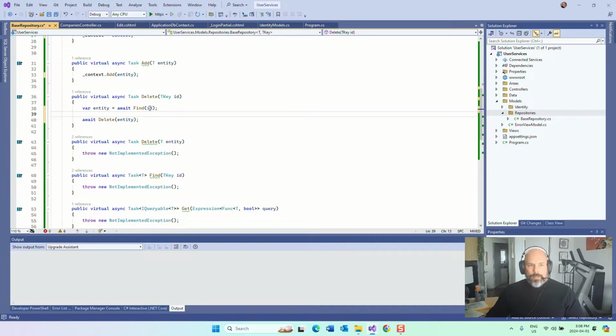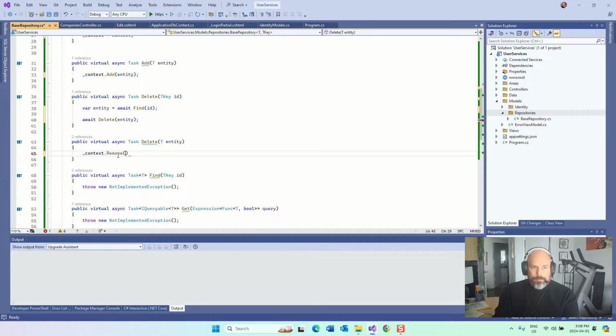At this area here, what I do need to do is validate whether the ID is correct. But I'm going to allow find to actually validate the ID, so I don't have to layer in a lot of logic around whether I have an ID or not. I'm just going to fall back on that final position where it needs to have an ID. So at the next level of delete, we can do